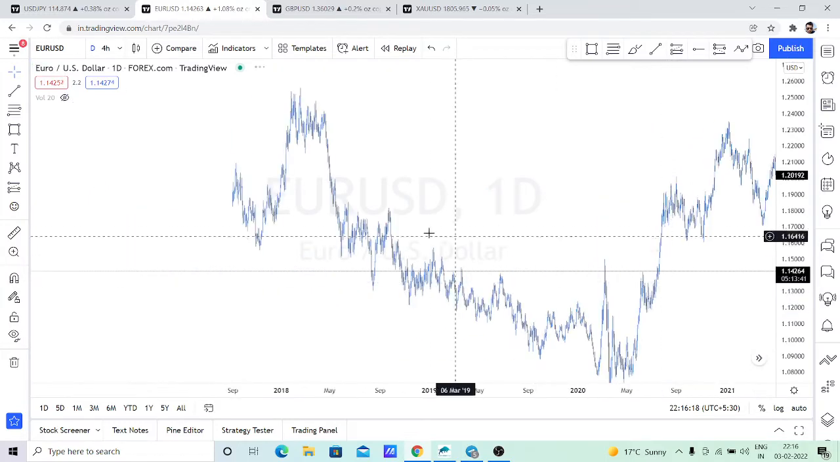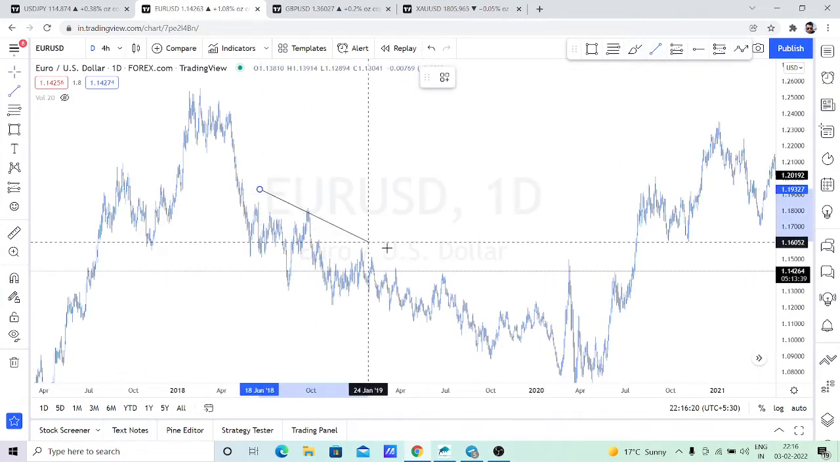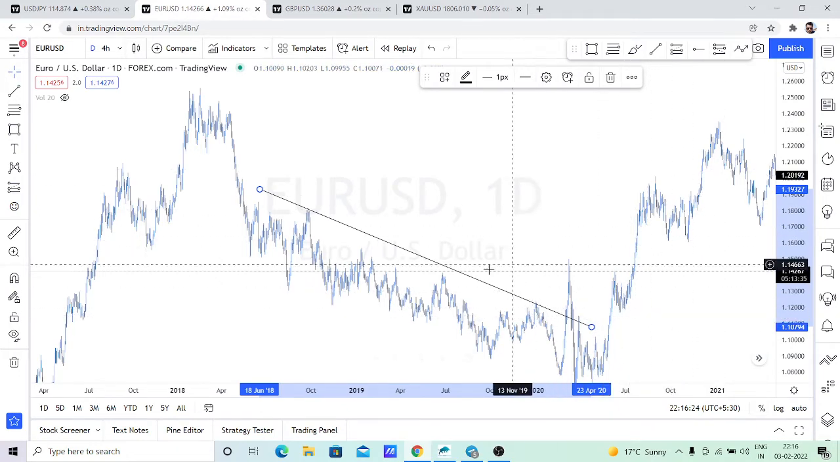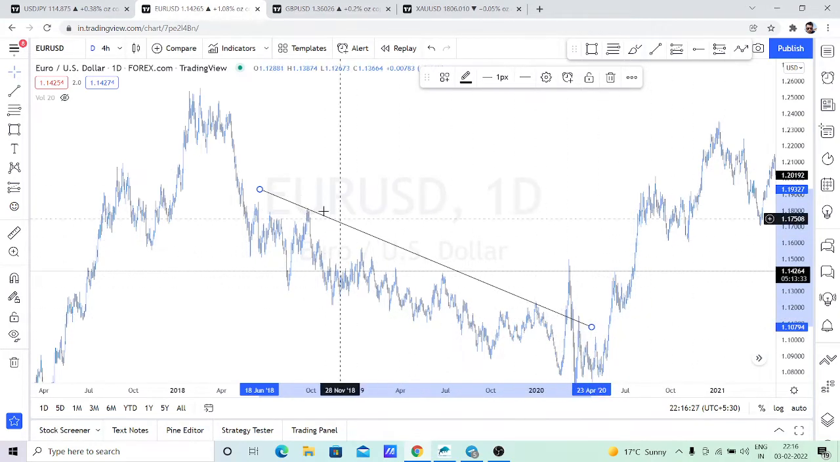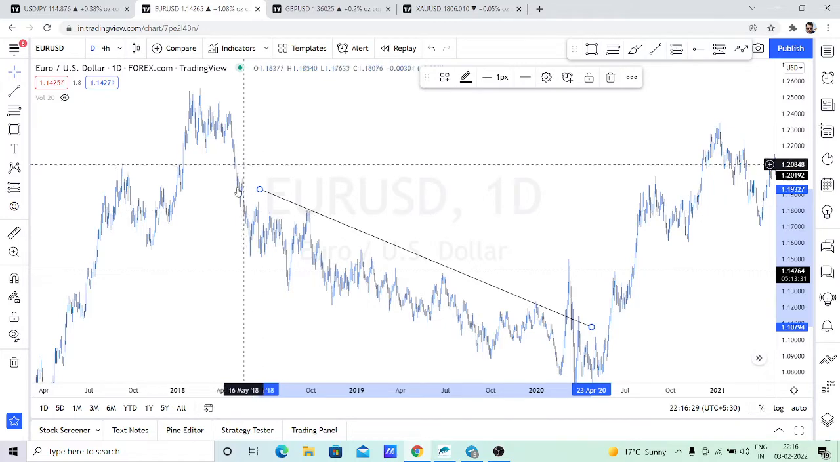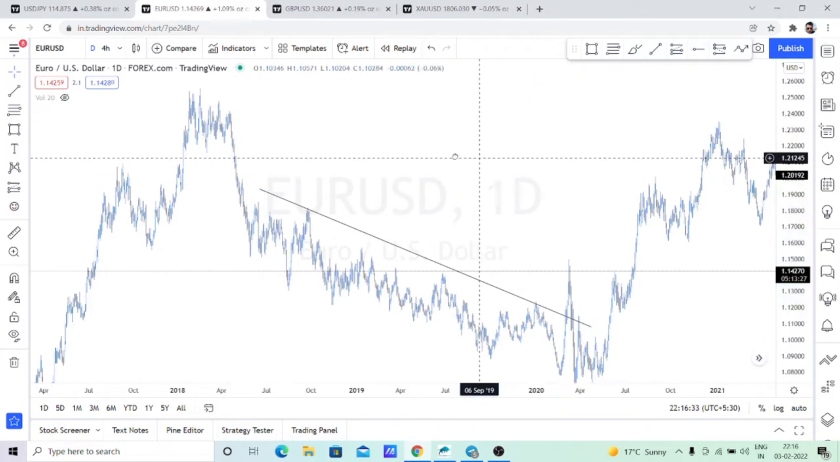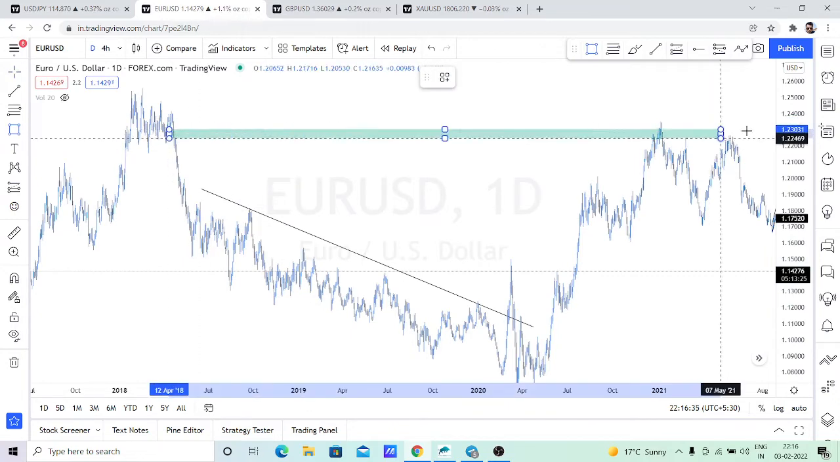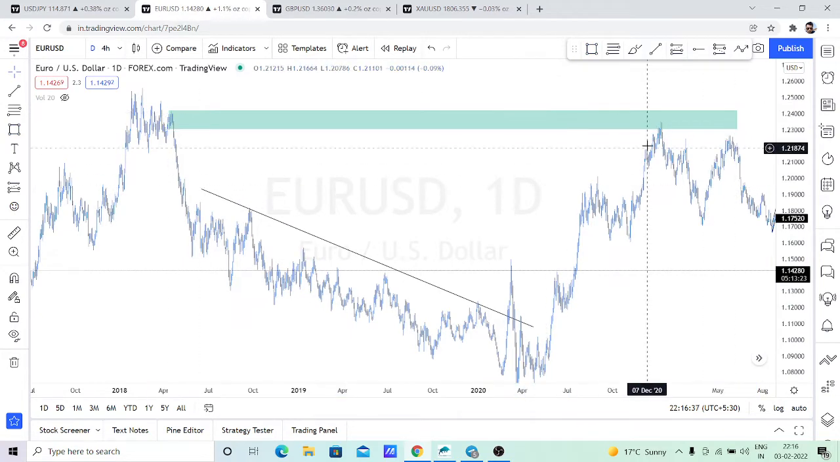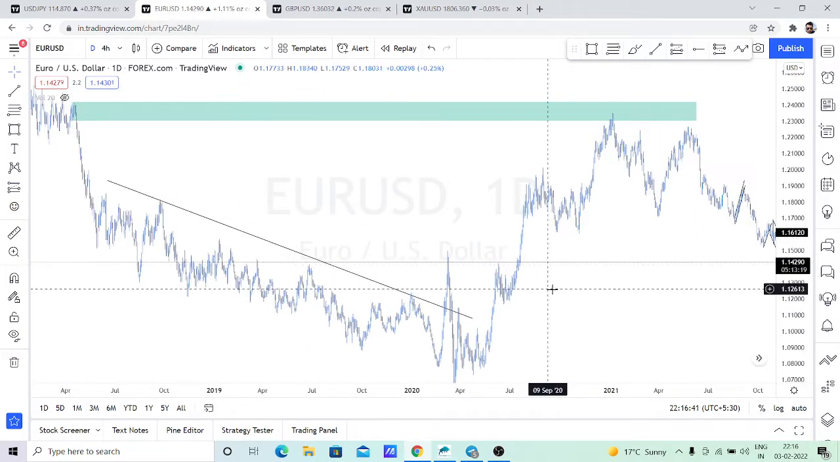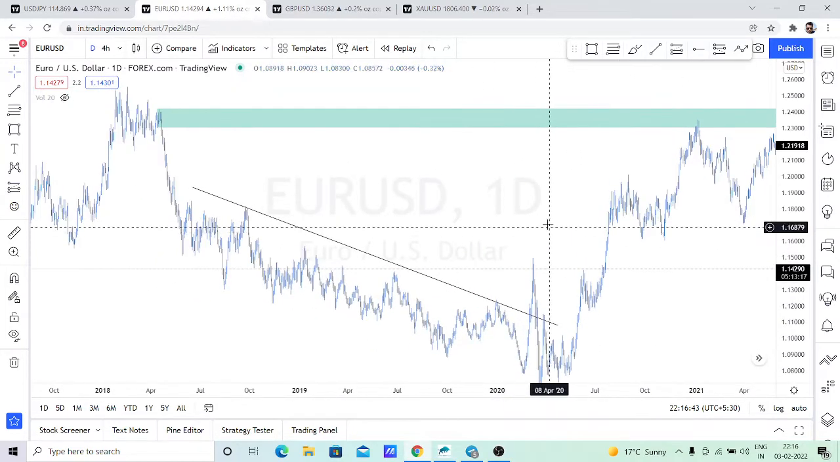Why? There are liquidities that have been created, and they need to come and grab all of these liquidities. They need to come and fill the imbalances here, the inefficiencies here. They need to come and mitigate the order block here, and from this order block they're falling, they're selling off again. So this we're gonna go deep. I'm telling you,